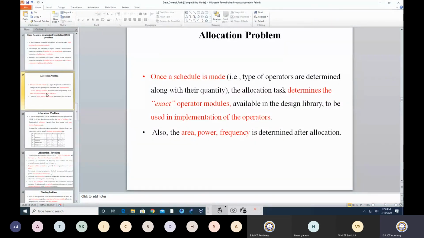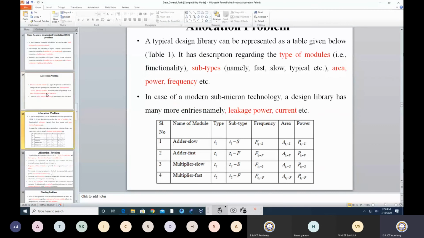Okay, according to that I will go for allocation. Now what happens is that I have a choice of an adder and multiplier, because if you remember my expression, a plus b plus c plus d into e, the two operators are there. One is addition, another is multiplication. Addition is needed 3 times, so 3 addition operations I require and 1 multiplication. So total 4 operations, out of which 3 are addition and 1 is multiplication.